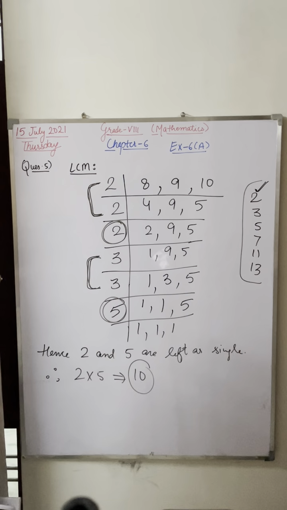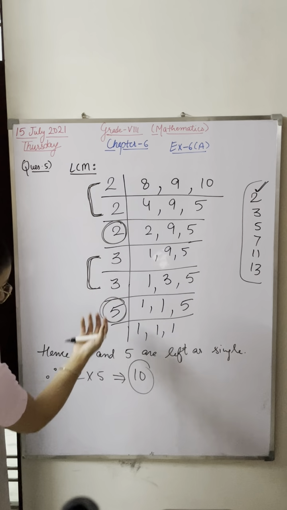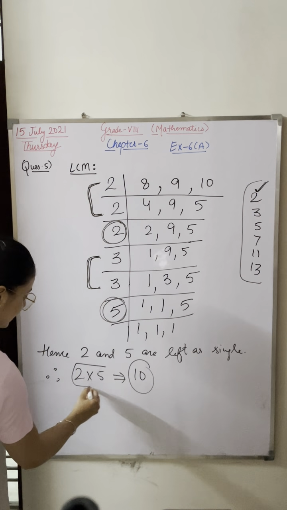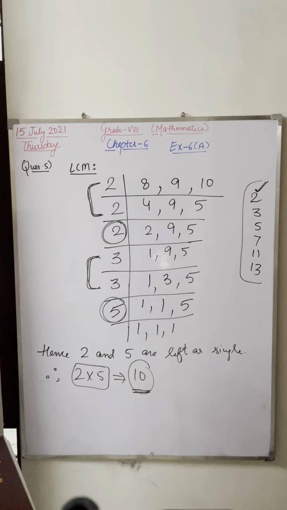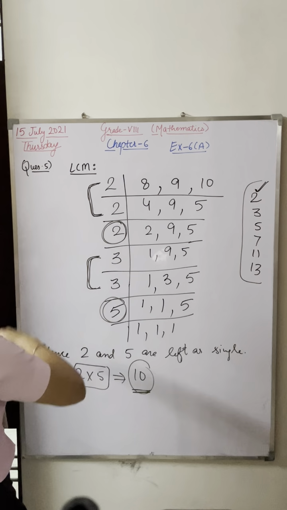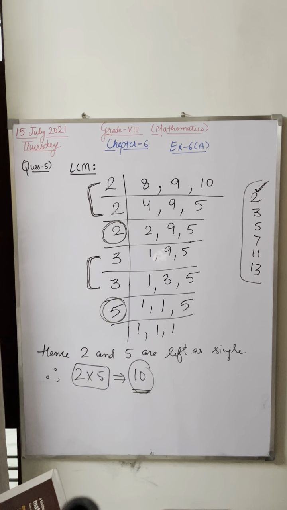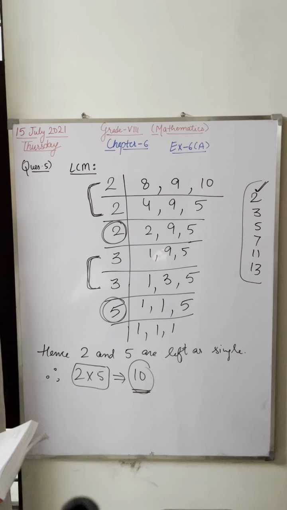Whenever you want a perfect square, everything should be in pairs. So which two numbers are left as single? Just pick those numbers and multiply. Now please tell me what you will do with this 10. Quickly. If one number is left as single, the way we were doing yesterday, you pick that number and then apply the concept. Now please tell me what you will do with this 10. Yes, try to give the answer. What will we do with this 10?